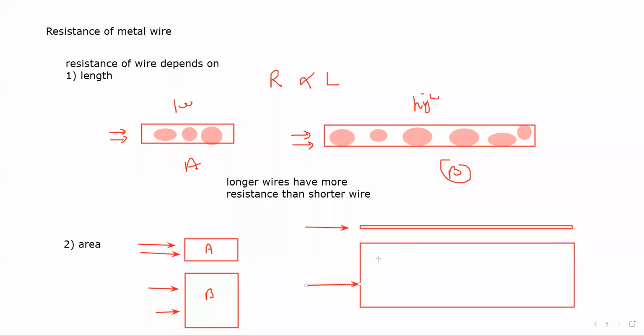When charges have a wider passage, greater width, they find it easy to move because there is repulsion between the charges as well. As these are electrons or like charges, they try to repel each other. When they are closer to each other, they have more repulsion between them. When they are away from each other, they have less repulsion. So that is why a thinner wire will have a high resistance compared to a thicker wire. Is it clear?